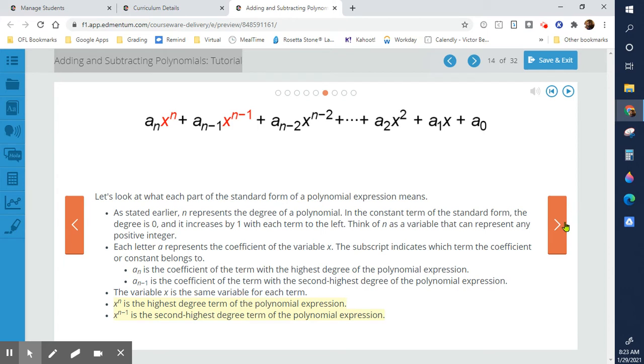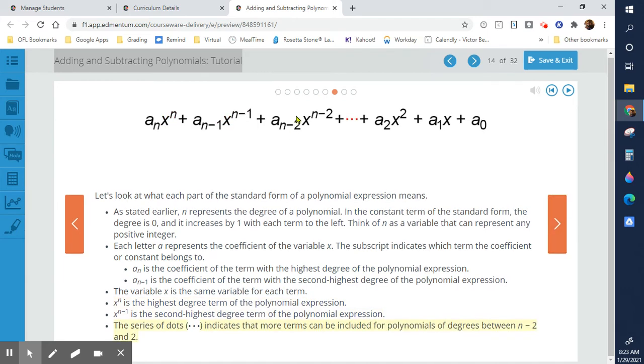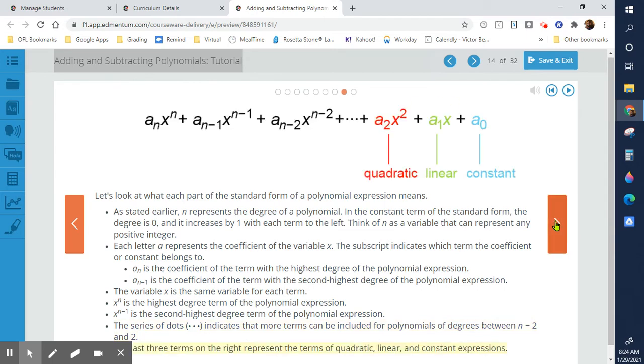These are the highest power and the second highest power. And then these little dots are called an ellipsis. This just means it's continuing, because we have no idea how many terms are between here and here. Technically, these might not even exist. So it's just saying this is how you write it. It could go on until you get to here. So remember, this would be a quadratic because it's squared, linear if it doesn't have a power and it's just an x, or constant if it never